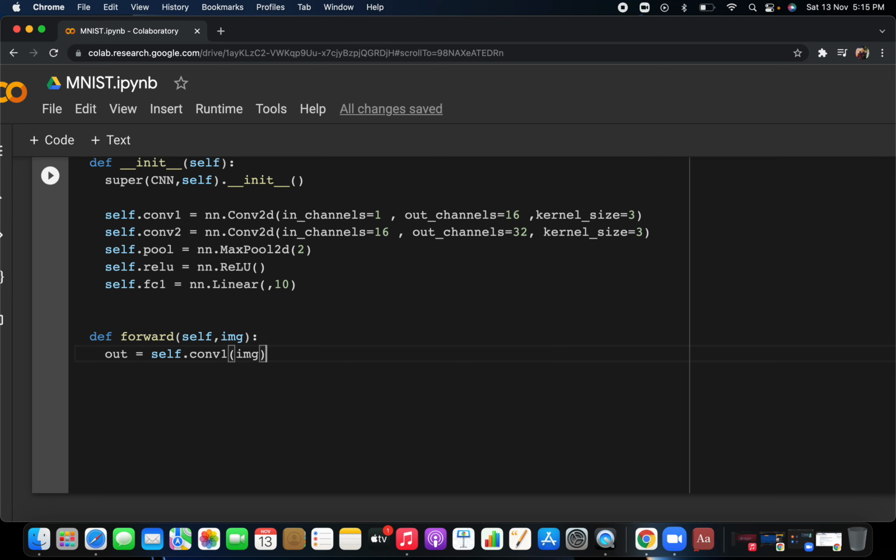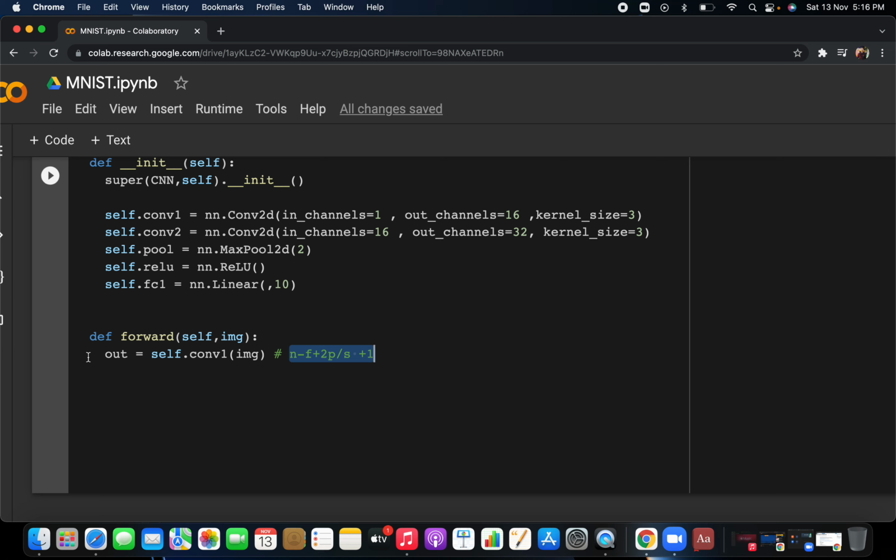Here, first I will give you the brief formula. Anywhere you will see this, it is the really basic formula, or you can say the shortcut formula: (n minus f plus 2p) divided by s, plus 1. Using it, you calculate the number of outputs after convolution operation 1, after max pooling, after convolution layer 2, and again after max pooling, so that you can decide how many neurons you want to keep in the input layer. That thing has to be considered in this part.